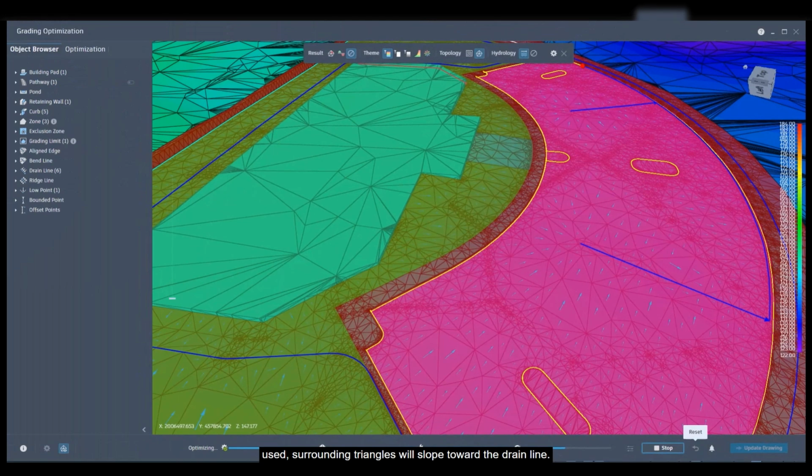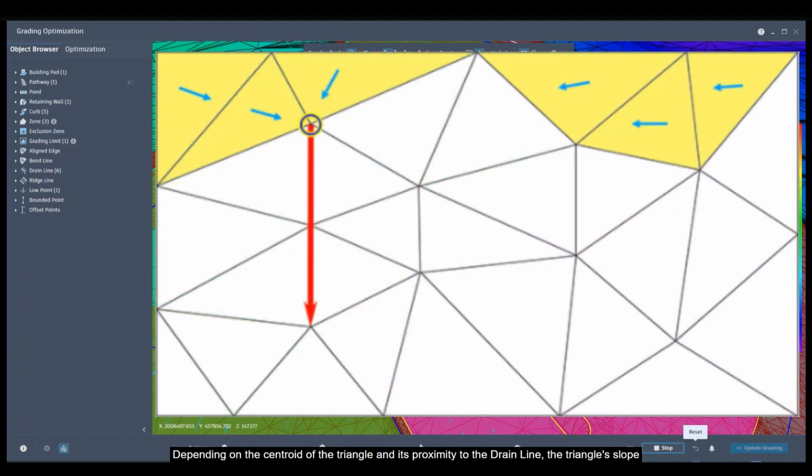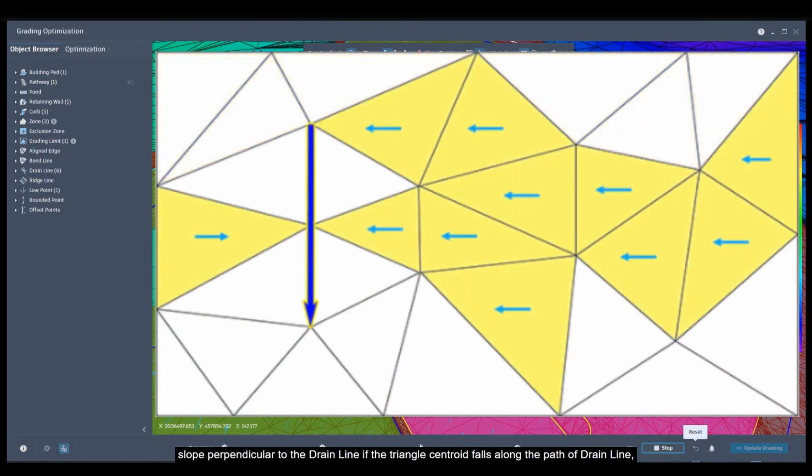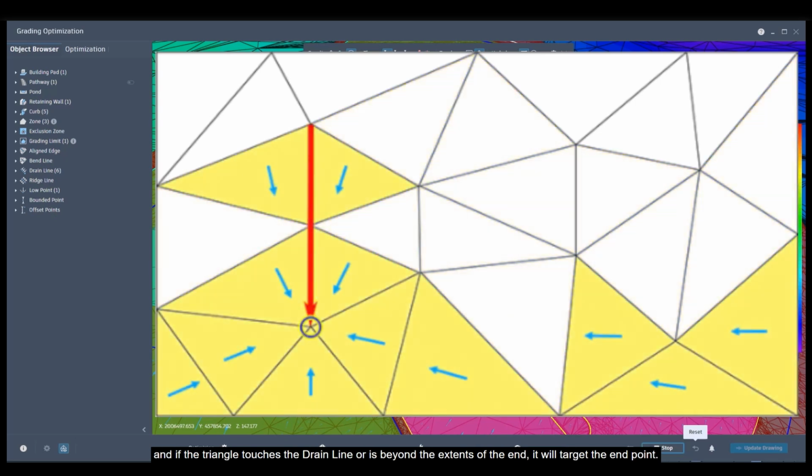When a drain line is used, surrounding triangles will slope towards the drain line. Depending on the centroid of the triangle and its proximity to the drain line, the triangle slope factor will target the start of the drain line if beyond the drain line extends near the start. Slope perpendicular to the drain line if the triangle centroid falls along the path of the drain line. And if the triangle touches the drain line or is beyond the extent of the end, it will target the